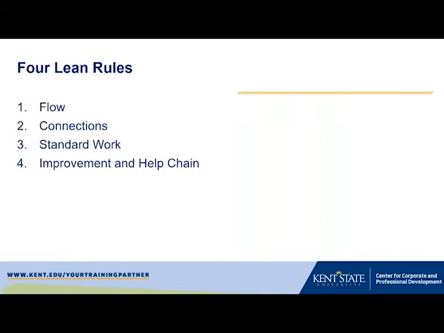And we ought to be familiar with supermarkets. We go to supermarkets. We have products on shelves that it's inventory that you can go on and pull what you need. And at some point that provides a signal to replenish inventory. That provides a connection. And that's the second rule, connection. We want our processes, our equipment, our people to be connected, the information to be connected, so that we know when to do something and when not to do something.